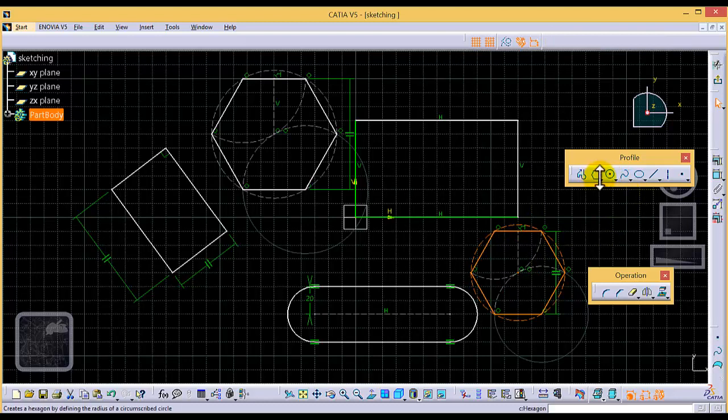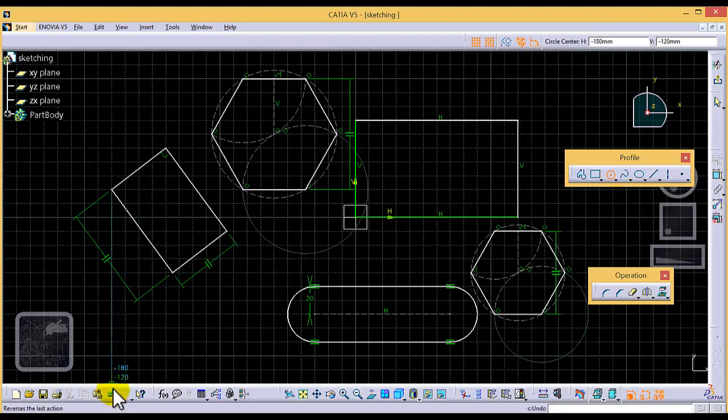And after the rectangular, we see the circle. There are some profiles of the circle, different types of the circle. The function is different, and it's very helpful if you know the function of every circle, because it makes the sketching easy, very helpful and time saving. So for the center,